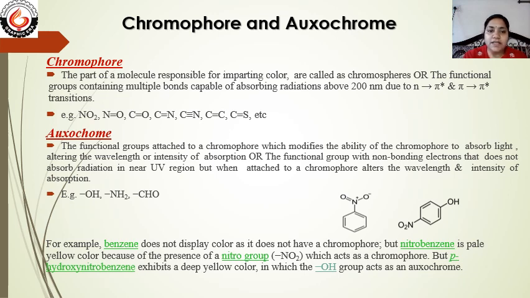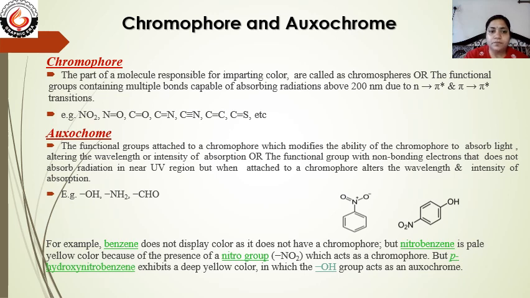All these are having double bonds or a group which is having an atom which is having lone pair electrons. So all these are able to absorb the UV radiation, and the electrons will be transferred from the ground state to the excited state. So these are the groups. Due to presence of these groups, the molecule is able to absorb UV radiation and it will show in the spectrum.